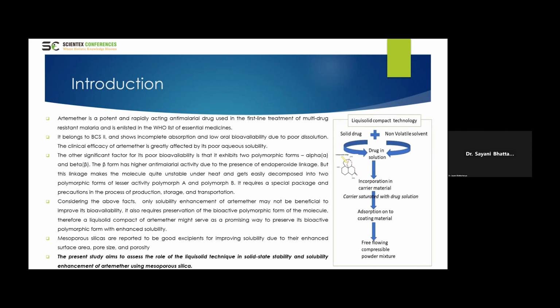So, mesoporous silicas were selected as the carrier and the coating component as they are reported to be good excipients for improving solubility due to their enhanced surface area, pore size, and porosity. Hence, the present study aims to assess the role of liquisolid technique in solid state stability and solubility enhancement of